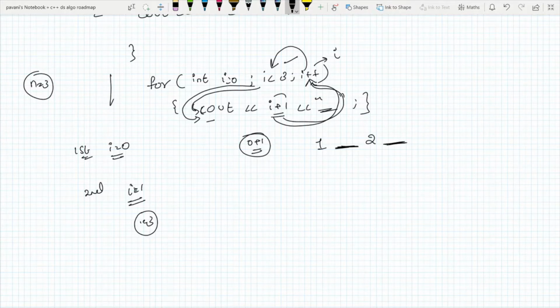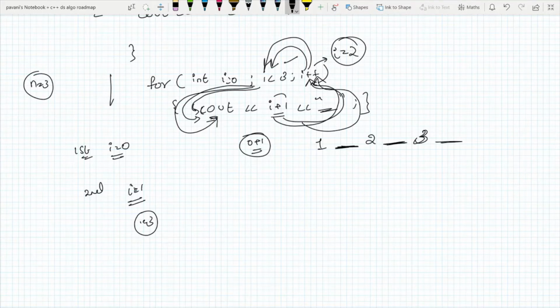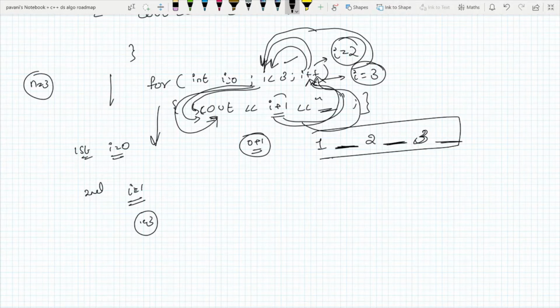Now the value of i becomes 2, and after i has been assigned a new value, it checks the condition again. 2 is less than 3. Yeah, that's true, and it goes here: cout i plus 1. What is i now? 2. 2 plus 1 is 3, and it gives one tab space, and then it goes to the increment part. Now the i value becomes 3, and as i has been assigned a new value, it checks the condition again. 3 is not less than 3. The condition has failed. The compiler exits the loop. Now what is printed? 1, 2, 3. I think the question is done.